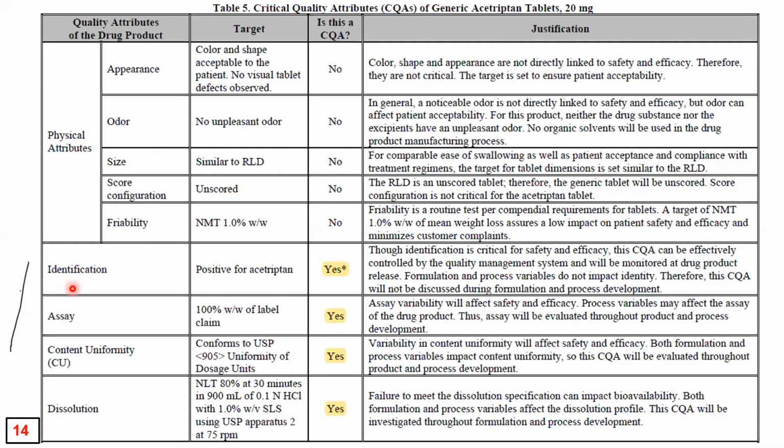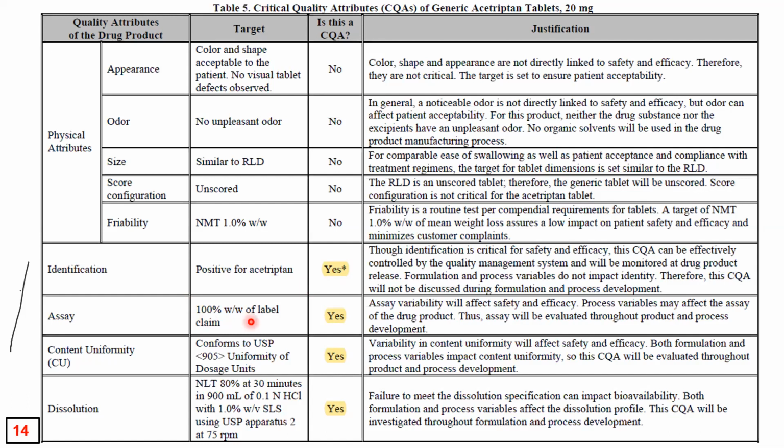Okay, next comes identification. Yes, it is a critical quality attribute, because let us say you developed an HPLC method, or a UV method, and that method is not robust and rugged, and you are not able to find the exact quantity in the formulation, then it is going to be a danger. Let us say 25 mg was there in the tablet, and you have developed a method showing 25 mg as 100%. That means with this kind of potent drug, you are increasing the dose unnecessarily. If you are not able to find out the drug concentration, then it will cause safety and efficacy issues.